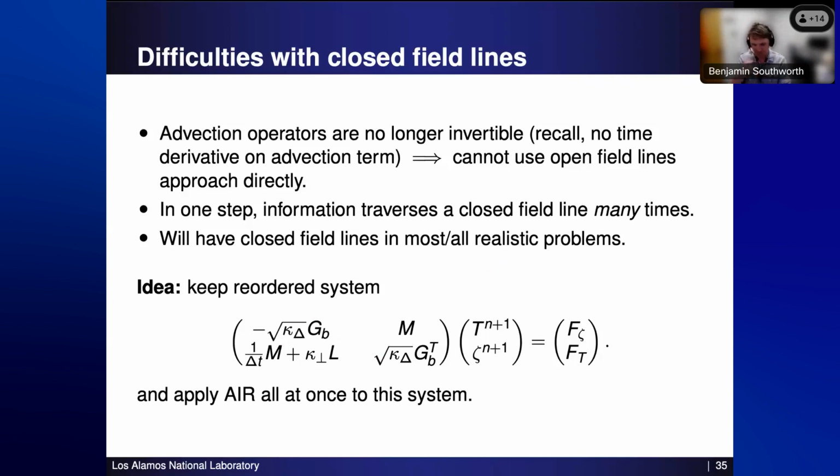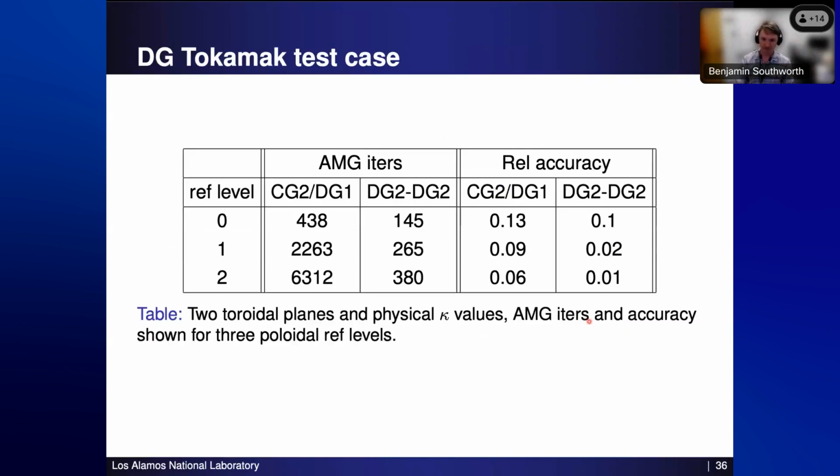And so at effectively each magnetic field line, there's an interface where this becomes fully coupled and cyclic. So this one depends on the lower one, and they all cycle around. Without that coupling, this is not invertible, but it still looks a lot like advection. If we put it on the diagonal, then AMG and all the parts within AMG and AIR will act mostly like it's an advection operator. And this is working pretty okay. I had hoped we'd have more results by now, but this is still ongoing work to make the solvers better. So this is what we currently have.